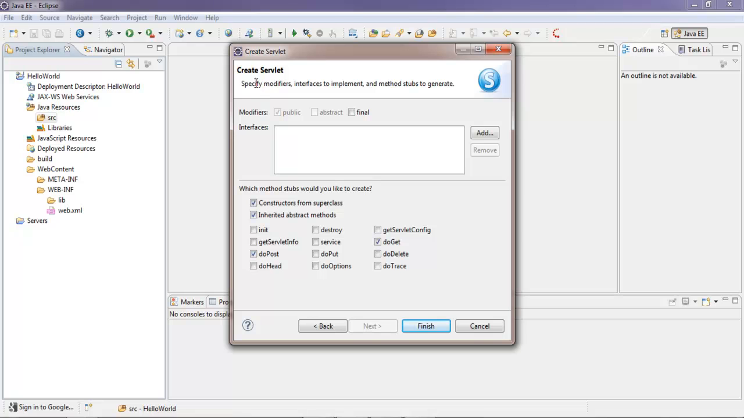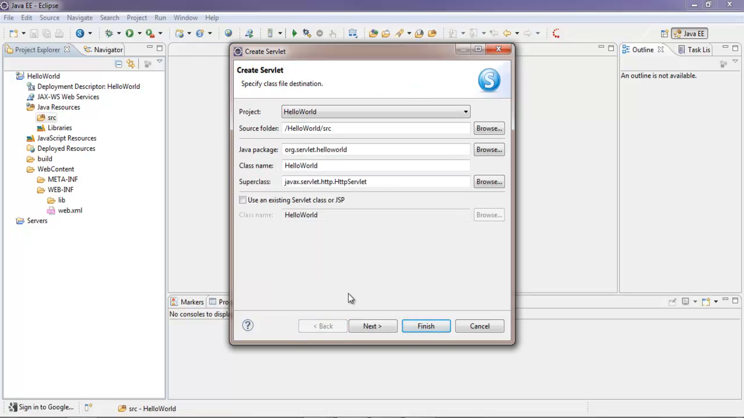Here you can see create servlet. This screen is asking you to import any abstract methods and constructors from the superclass. Here our superclass is the HTTP servlet class, because we have specified HTTP servlet as our superclass in our previous screen. That is here we have specified. So simply click on next,